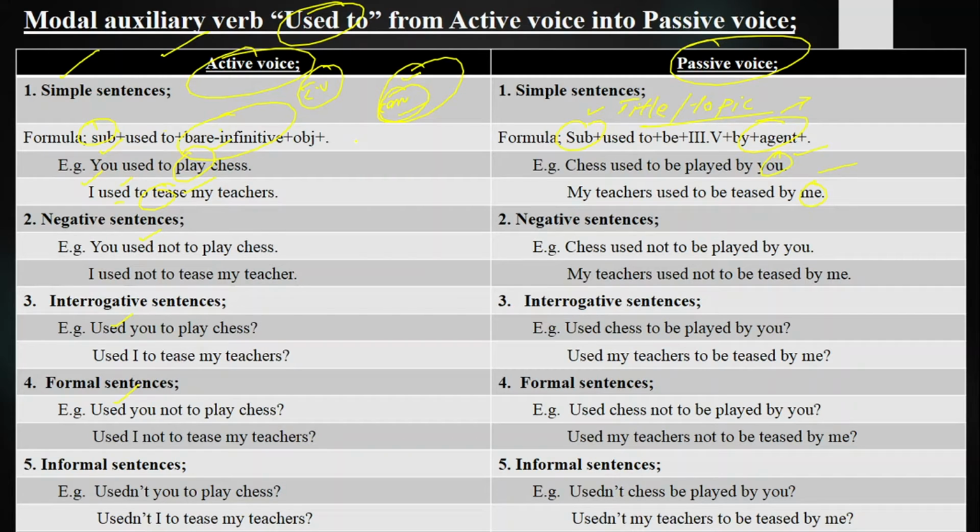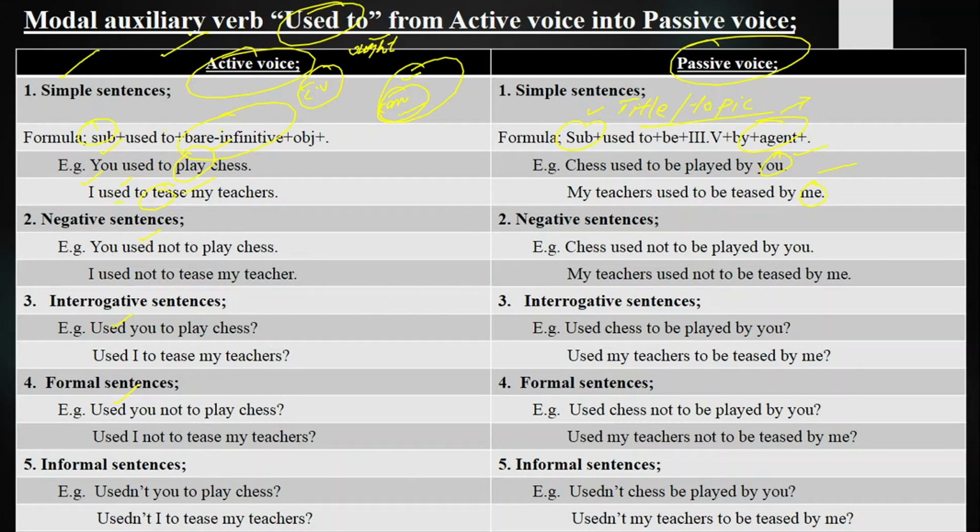Clear? And one another thing, that if it is a modal auxiliary verb, definitely you will not change the structure of modal auxiliary verb used to, because it will be used as ought to. Like we have the short form of ought to, oughtn't to. Clear? Oughtn't I to play chess, oughtn't chess to be played by me. Like we have made the sentences in this way. If it can be like this, so why not used to? So this should be in this sense, should be clear. And if it is a structure, definitely that will be, we will be discussing in next slides.